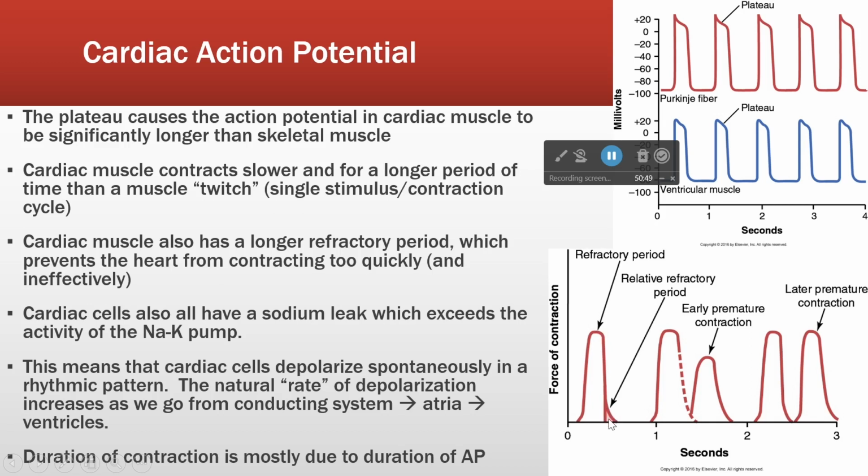Now, in this little area, it could technically have another contraction like it does here, but the second contraction will be less vigorous if it's too early. So what this is showing you is here's a contraction. Here's a contraction with a second one that came too soon. So you can see that the second one's force is quite a bit less. And then here we have another premature ventricular contraction, but they're about the same size because it happened after the